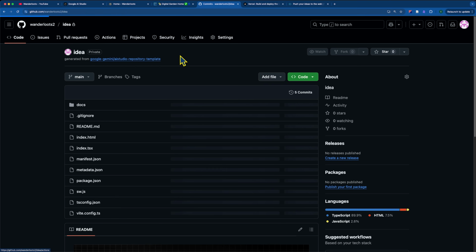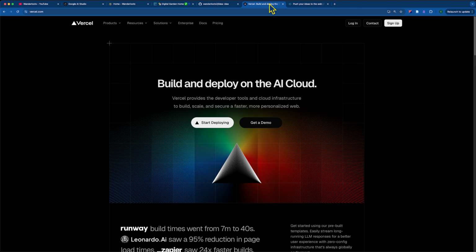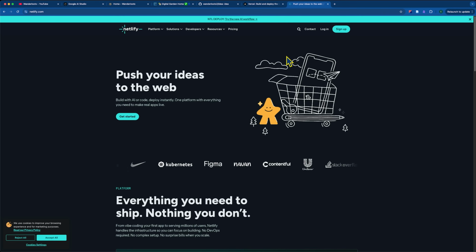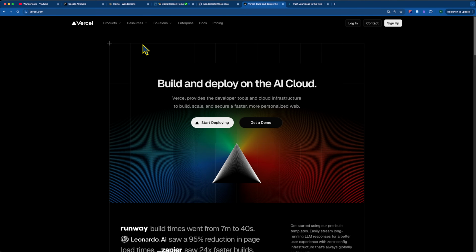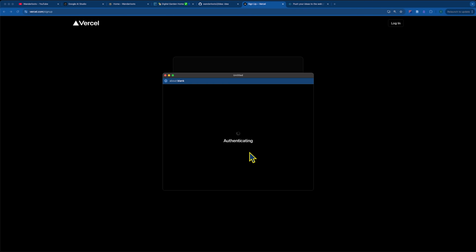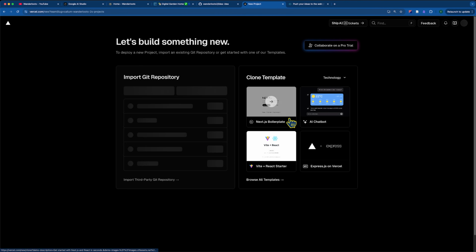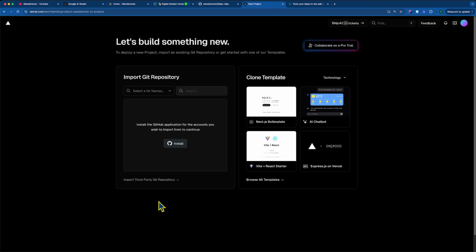And basically what we can do is go over to another app like Vercel or Netlify. I use Netlify for my digital garden, and I use Vercel for most of my testing apps. Why don't we log into Vercel for a moment? So the first thing you need to do is create your account. I'm just going to create my account using GitHub directly. It just makes it a little bit easier